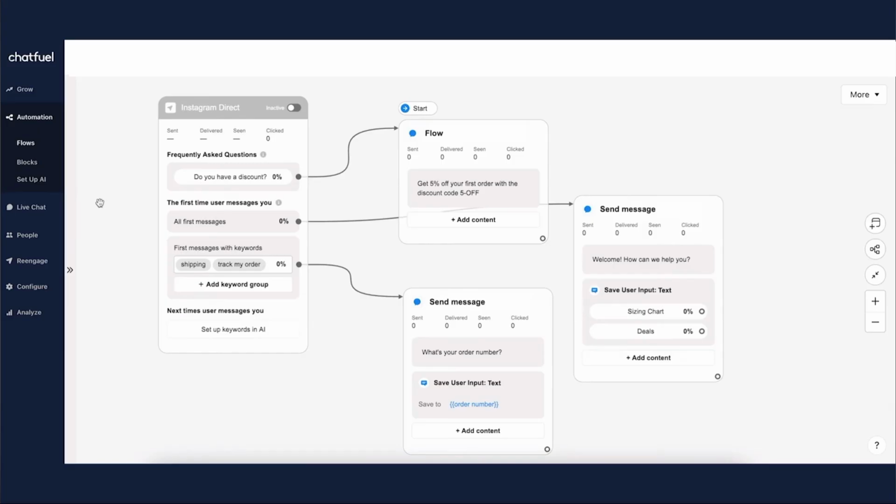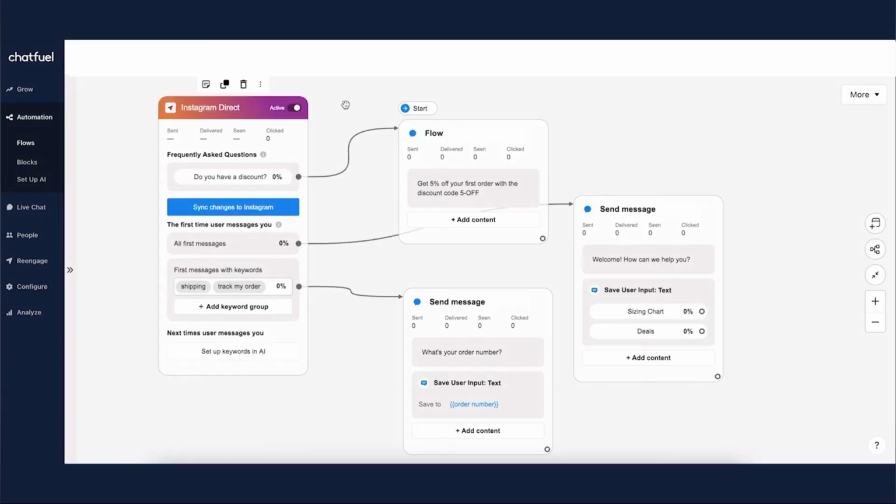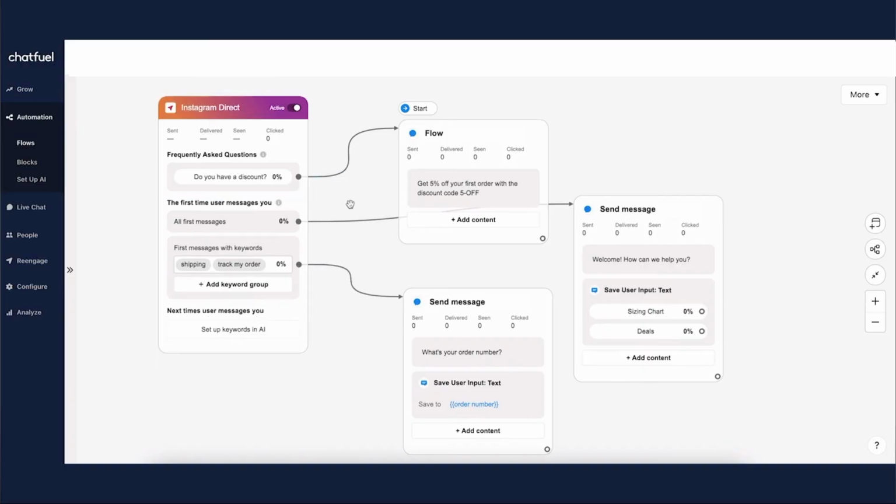Also, a couple of things worth mentioning here. First, you will want to toggle this on right here before you actually set this entry point live. You will just click to activate the entry point, choose to sync changes to Instagram, and then you are completely set up. At this point, the entry point along with the keywords and these frequently asked questions will be live on your Instagram account. You can start promoting your chatbot then because it will not be active before you toggle